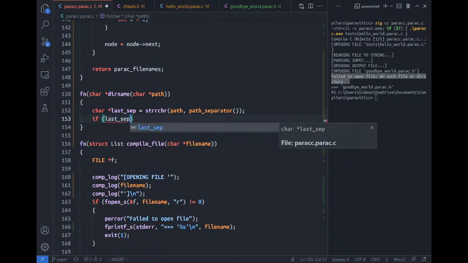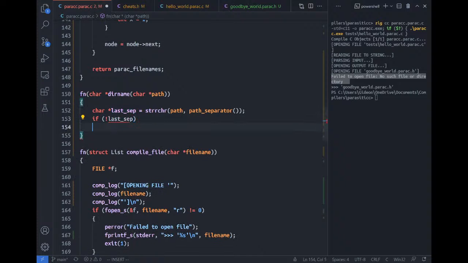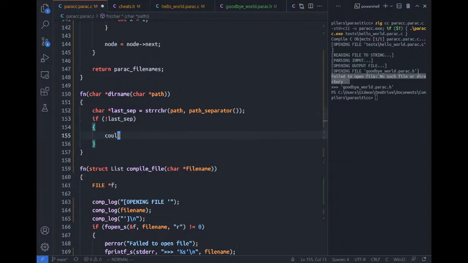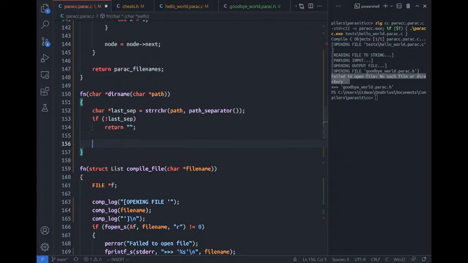If last sep is null, we have an error. And I guess we just return the empty string. So the dirname, if there is no slash in this entire path, the directory name is nothing? Yeah, okay. Otherwise,